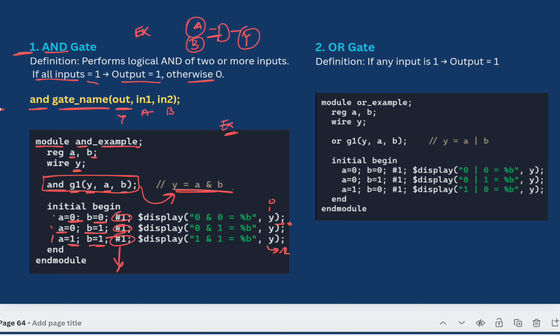राइट। अब अगर OR गेट की बात करते हो तो देखो OR गेट कैसा है, इफ एनी इनपुट इज 1 आउटपुट विल बी 1, यू नो वेल। नाउ सेम देखो मॉड्यूल OR example, बिकॉज वी आर राइटिंग OR गेट। नाउ वी आर डिक्लेयरिंग रेग इनपुट ए, बी और वायर इज योर आउटपुट वाई। सेम देखो यहाँ पे OR लिख रहा हूँ मैं, यह बता रहा है कि ये OR गेट है, ये इस गेट का नेम है और ये आउटपुट, इनपुट है।